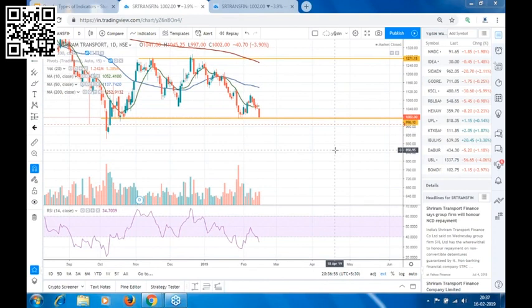Now those who want to do intraday, after seeing all these time frames, they can go down to the 15 minutes time frame, and from there they can do their trade, taking into consideration at what point they have resistance and at what point there is a support, be it the 1 hour, 4 hour, weekly, or daily time frame.